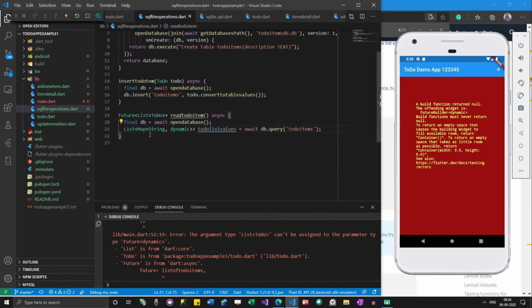So now probably we'll have all the items in this place.